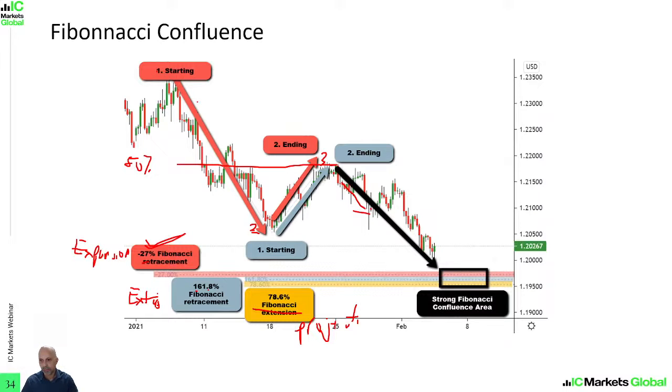And finally, we're using the Fibonacci projection, which was the last topic that we mentioned. Projection involves 3 points. In this case, it's starting from point 1 to point 2 and ending at point 3, as price is dropping lower. In this example, we can see the 78.6% Fibonacci projection also aligns very close to where the extension is and where the expansion is. So this creates a very strong support zone. We call this a strong Fibonacci confluence area.